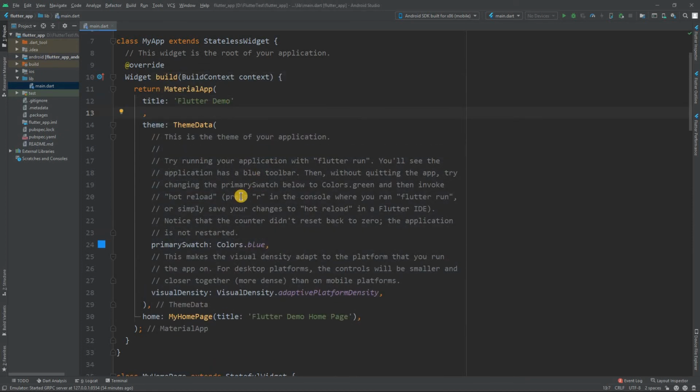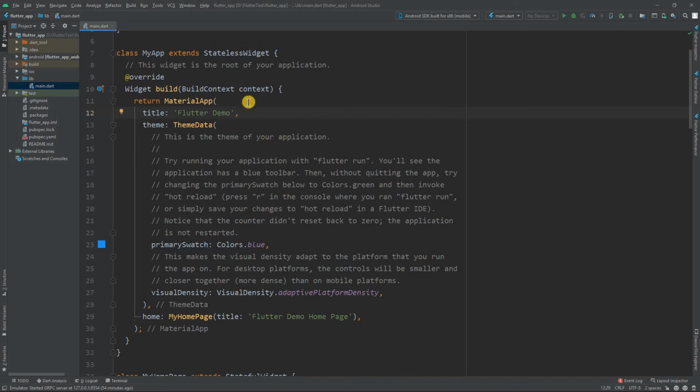If the code is not properly formatted and I now save the code, then it will be automatically formatted. I just save the code using Ctrl S, and if you are using Mac, then it will be Command S.